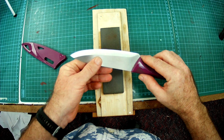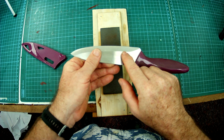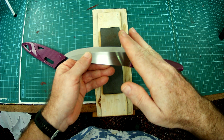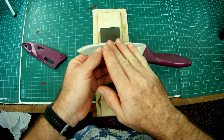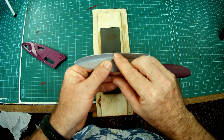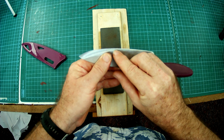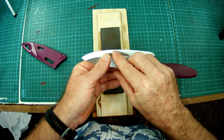Now, when we look at a knife, you'll see that there is what's known as the primary bevel, this colored part here, where the metal slopes in to a sharp point, and then the bright little edge right there is the secondary bevel. We are mostly going to be working on trying to make that secondary bevel come to just